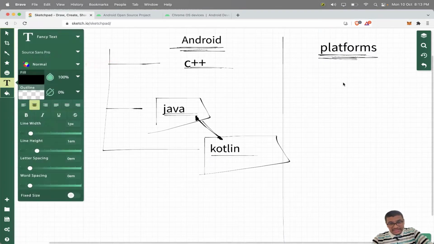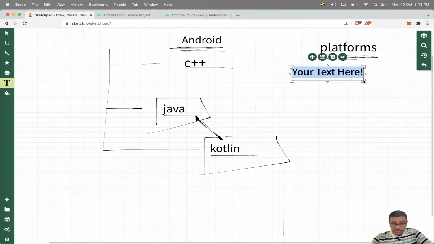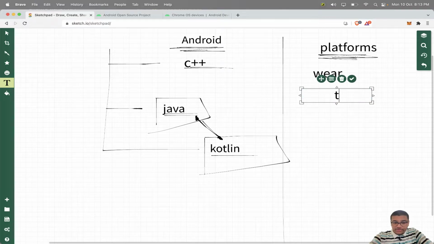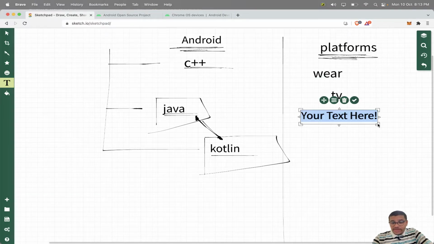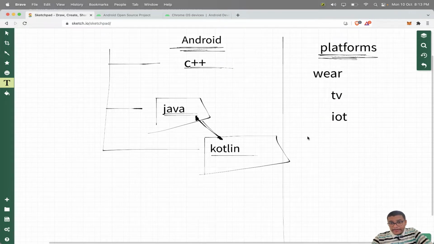You can use Android for wearable technology, for TV, for IoT, for cars, and for mobiles and tablets,